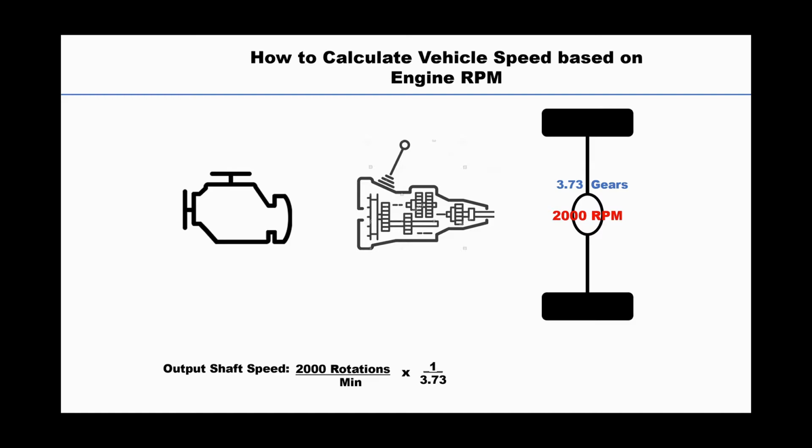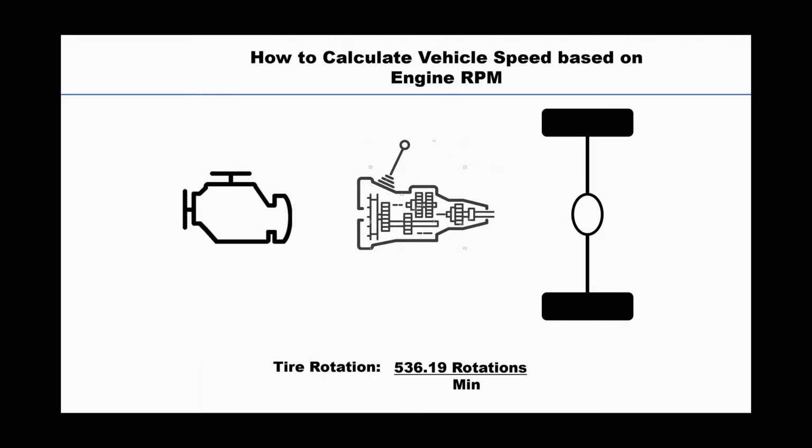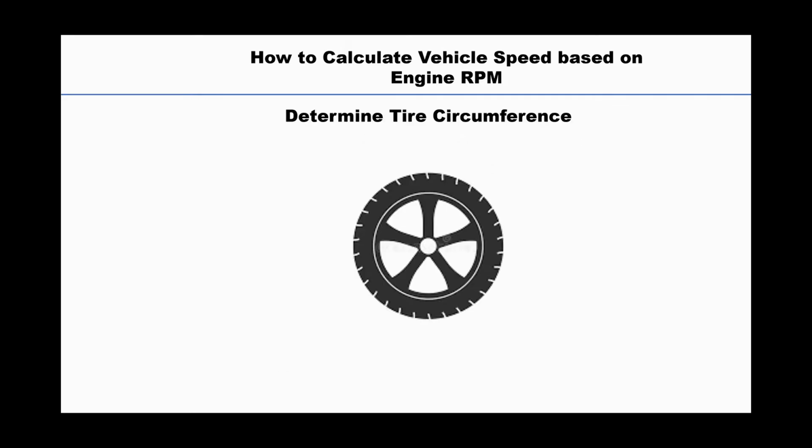We will get an axle and wheel rotation of 536.19 rotations per minute. So our tire rotation is 536.19 rotations per minute. The next thing that we need to do is determine the tire circumference. There are two ways that we can do that. We can do it manually by measuring the diameter of the wheel and then using pi to determine the circumference, or we can go onto